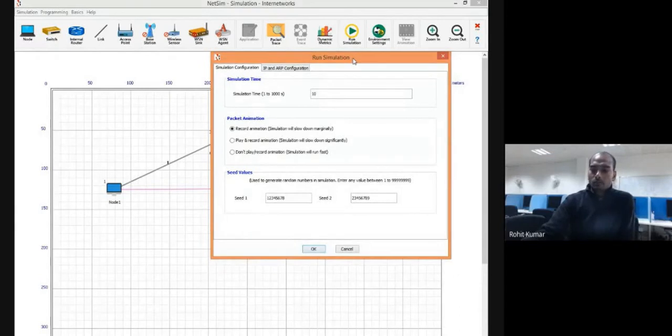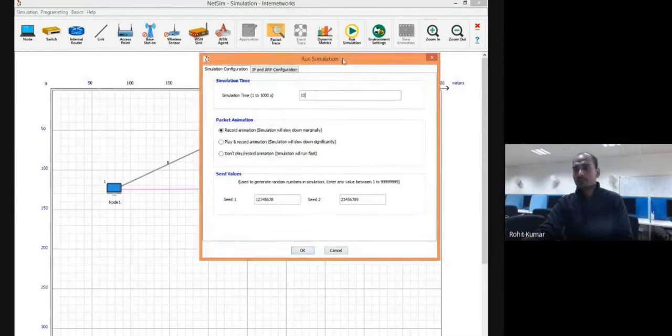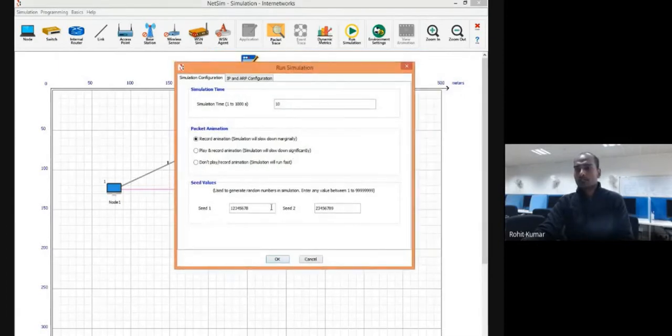Again, with respect to a particular probability, meaning a particular distribution, whether you want to generate with a constant bit rate, a constant pattern, or an exponential pattern. We discussed that 2 minutes before. So these seed values will help you. Seed value 1 will give you one number, seed value 2 is the second number, and you can set these numbers in the range of 1 to this particular range.